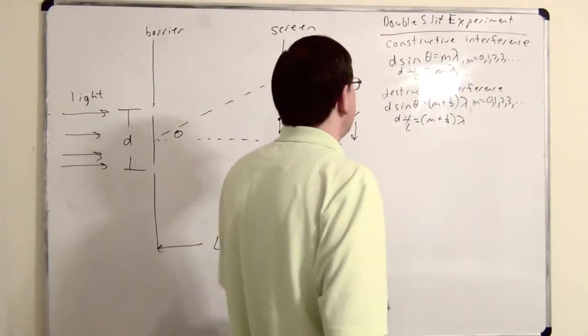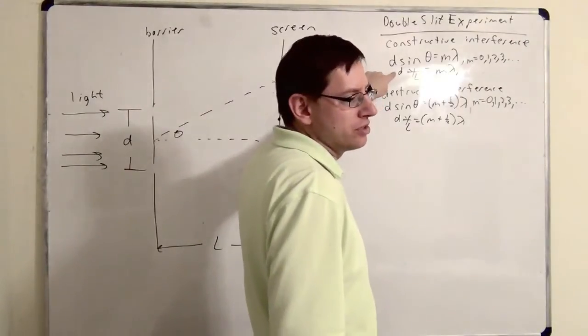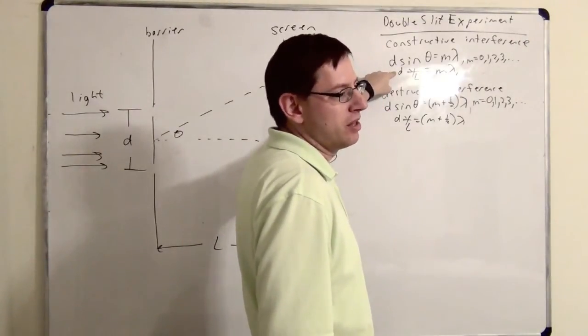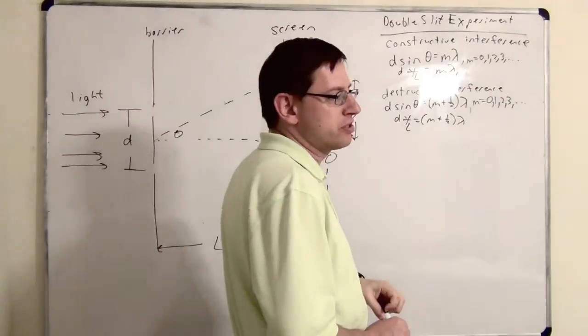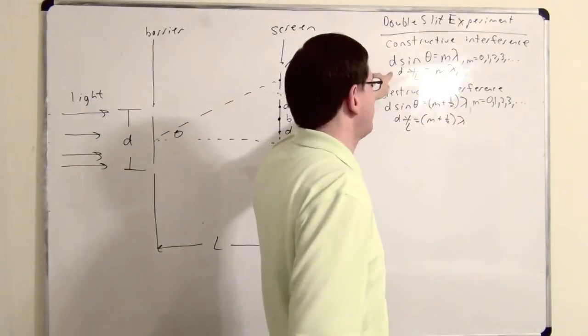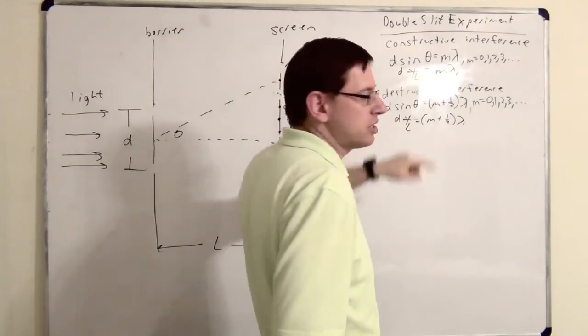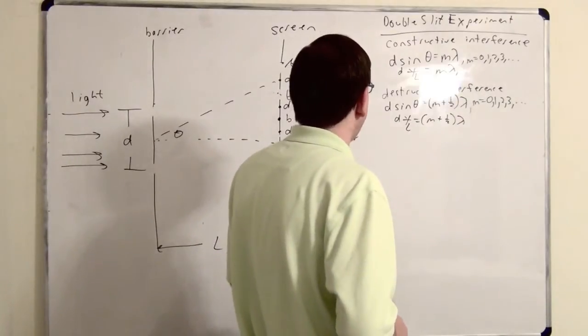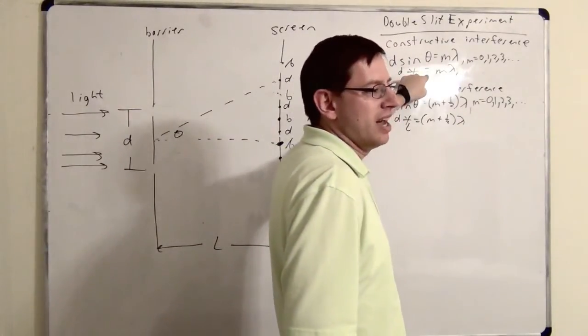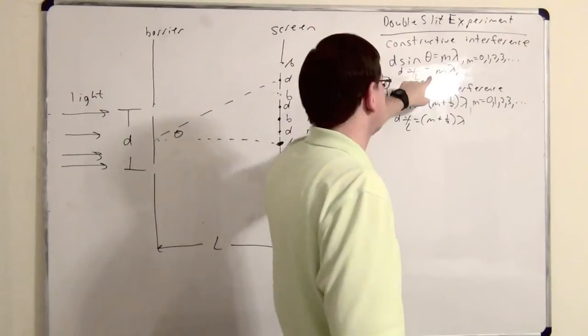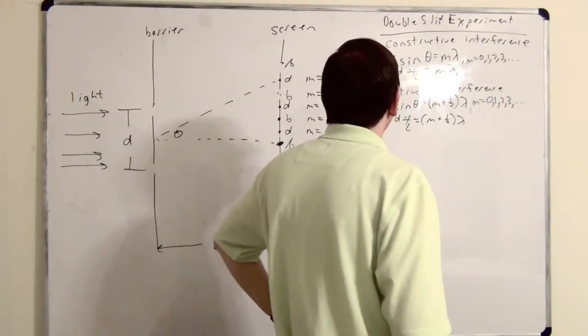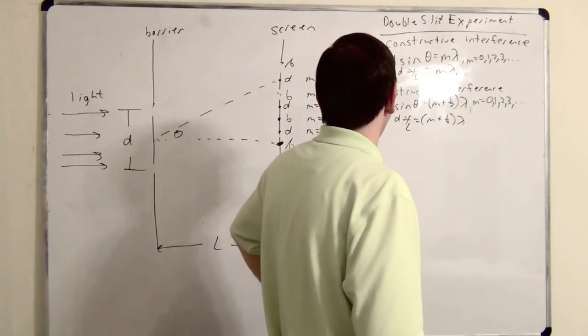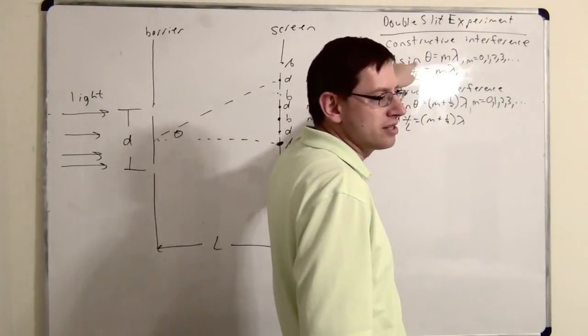All right, so like I said, technically this is only for small angles, but you don't actually have to check whether the angle is small enough. You can just assume that if the problem is talking about y, they set it up so that the angle is small enough to use this approximation. Technically this should be an approximate sign, but I'm not going to bother drawing that in because we can just treat it like an equality for this class. So if they mentioned y, use this equation. If they mentioned theta, use this equation. Good.